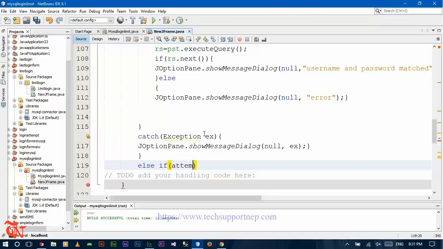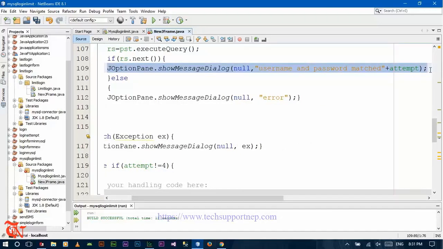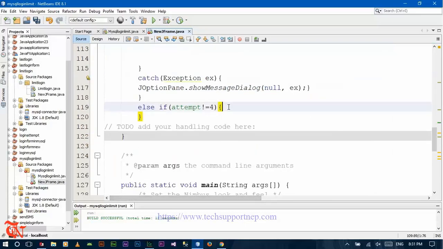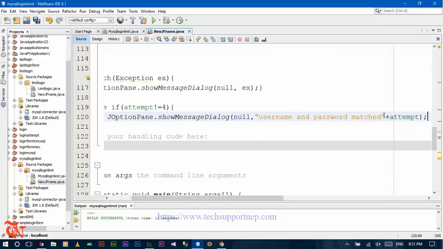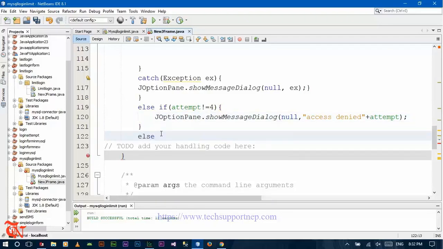Else if attempt is not equal to 4, we need to display the message. Copy this one. Else